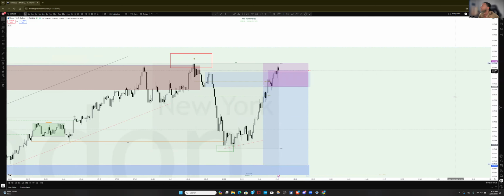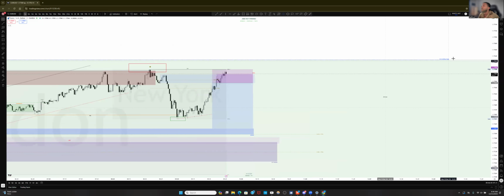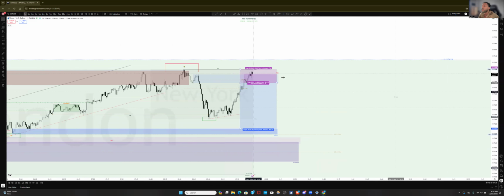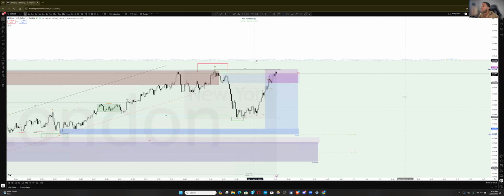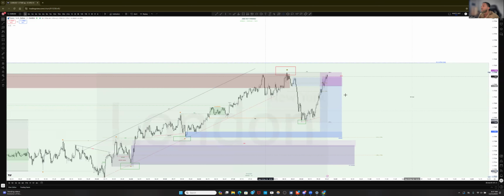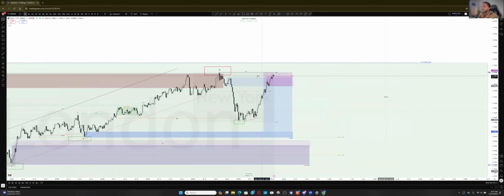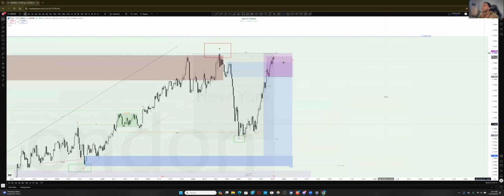So what is price doing right now? It's inviting sellers into the market. Sellers who are aiming to push price down. They believe that this high should be safe, that this high also should be safe because price hasn't taken them in the opening of previous day session of the London or Asia. But for now, based on how price is moving with these buyer inducements, I don't believe these highs are safe. We're too close to this liquidity to not take it, including the trading range up here. So even if price is to shoot down, I do see at least one wick to take this should happen.